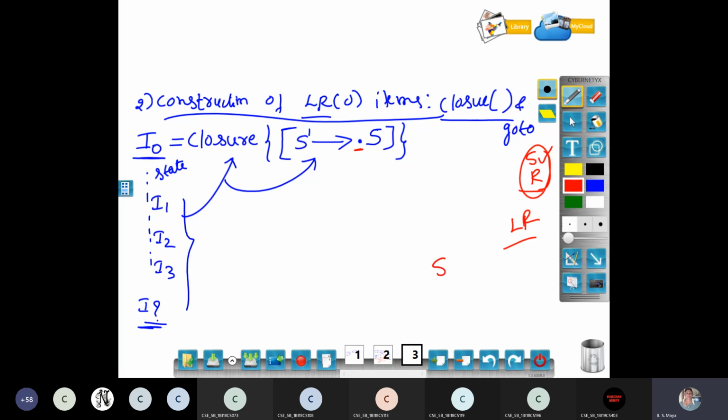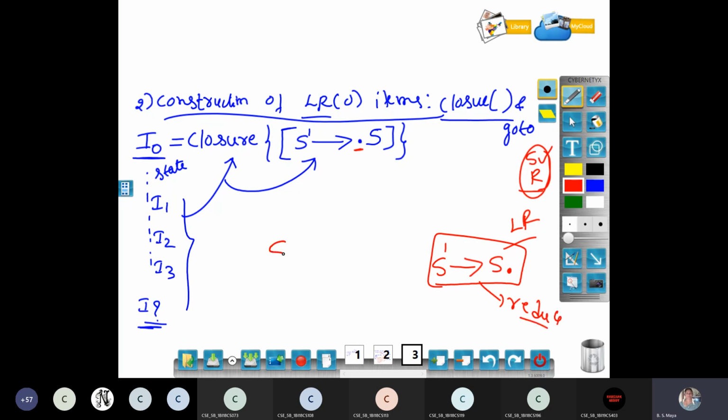See, for example, S dash derives dot S. I have to move the dot on the right-hand side one at a time. After some productions, the dot will be at the end. See, when I move the dot to the end, it is called a reduction state. See, in these states, you can reduce.